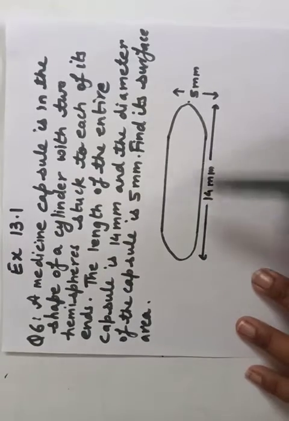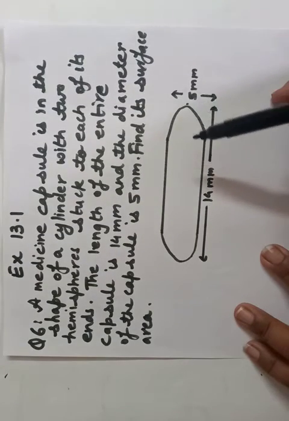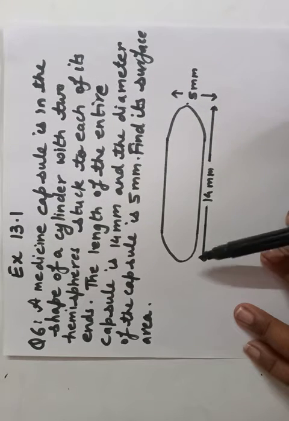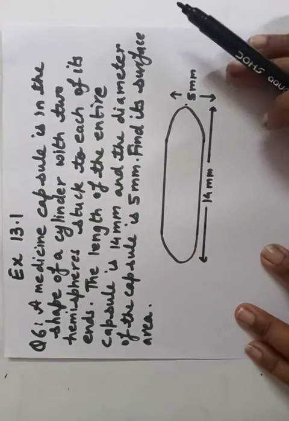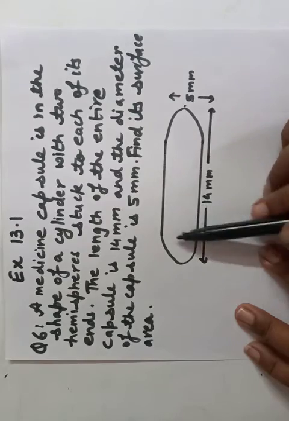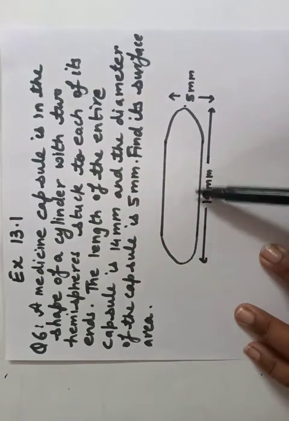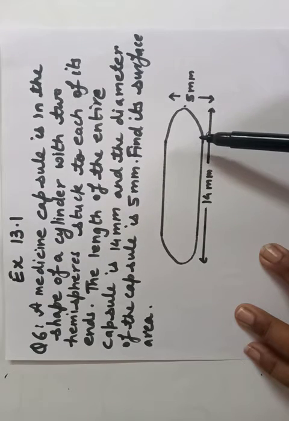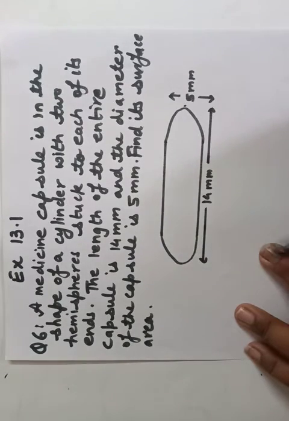So this is the solid. Again, it is a combination of solids, even we can say three solids here, but two of the same shape, that is the hemisphere. These are two hemispheres. Of course, the figure is not so good here. And this is the portion that is of cylinder shape. So a cylinder is included and the end points are hemispheres. So we need to find out the surface area of this complete solid.